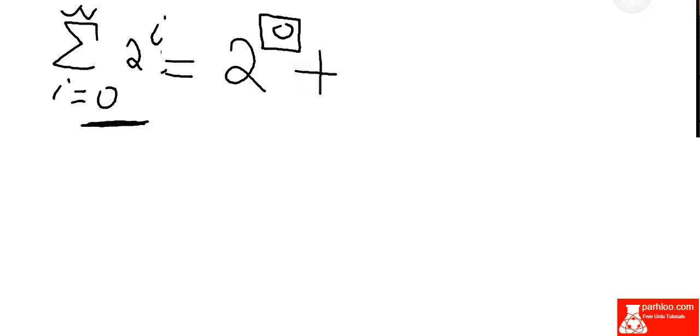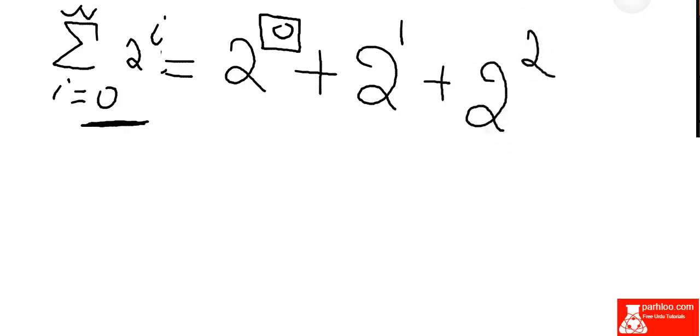We can write 2. I की सबसे पहली वैल्यू क्या है? सबसे पहली वैल्यू I is starting from 0. तो the first number जो आप यहाँ प्लग इन करेंगे ऊपर इसके एक्सपोनेंट में, that will be 0. 2 raised to the power 0 plus 2 raised to the power 1 plus 2 raised to the power 2